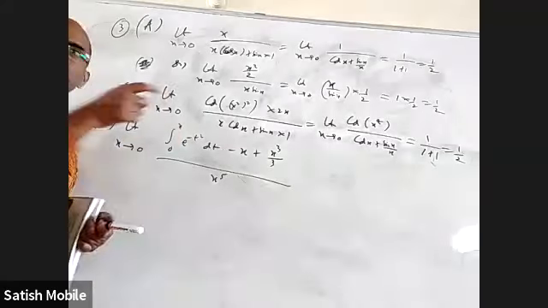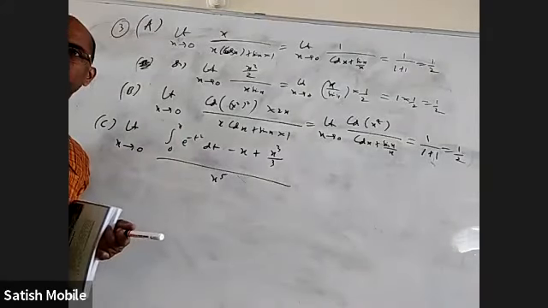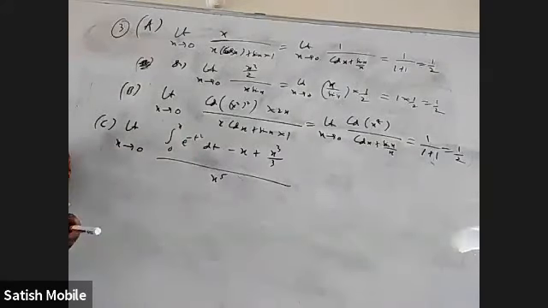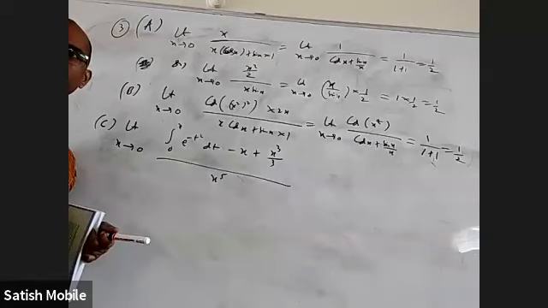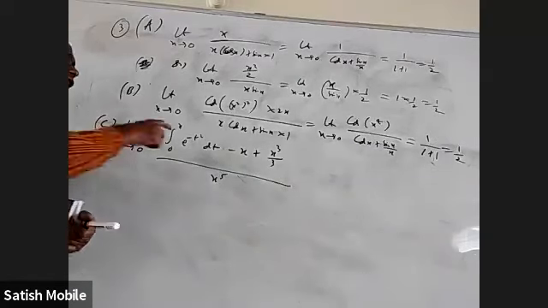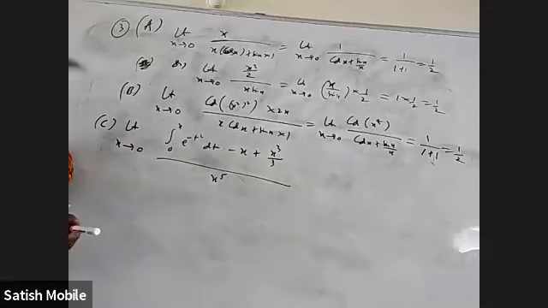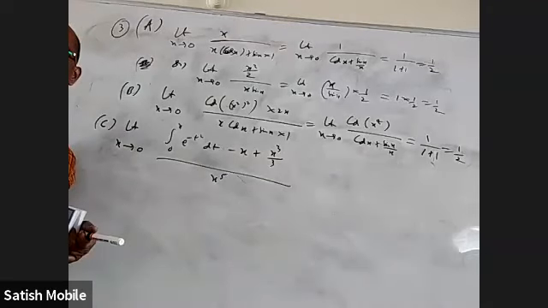Do you know the expansion of e power minus t square? Infinite expansion. The e power x expansion, all of you know: 1 plus x by 1 factorial plus x square by 2 factorial plus x cube by 3 factorial. In that, wherever x is there, substitute minus t square, and we'll get a long expansion. Each term is like a polynomial.